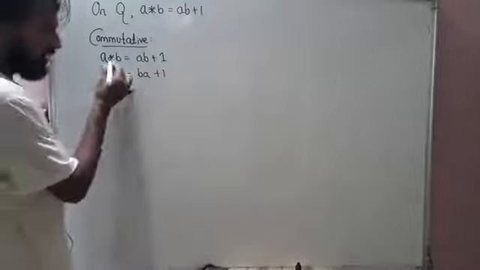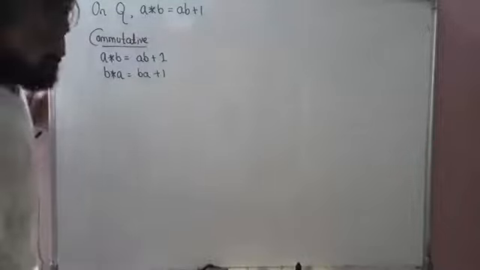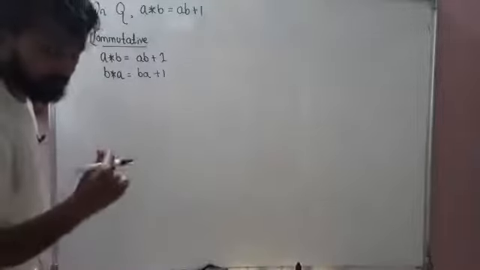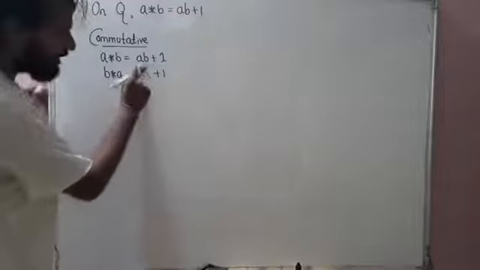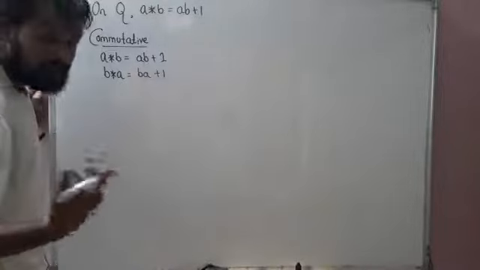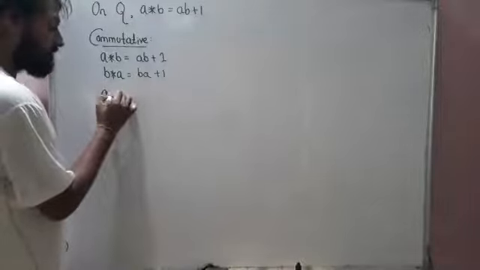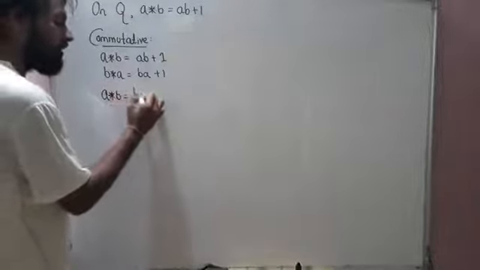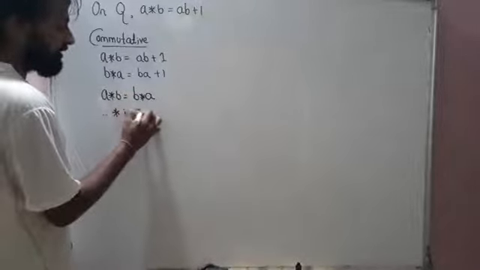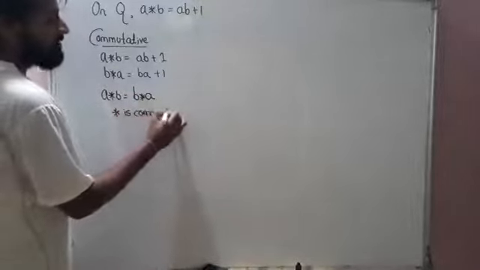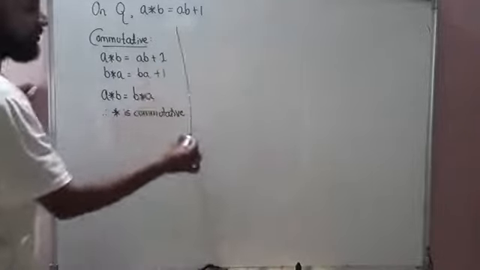Okay, so now check both are same or different. You may ask me, sir, how to check? Arey, you take any two numbers and check with these answers. And common sense we know a into b and b into a, they will be always same only. Yes or no? Very good. So now we can say a star b is equal to b star a. Therefore star is commutative. So this is the answer for commutative.